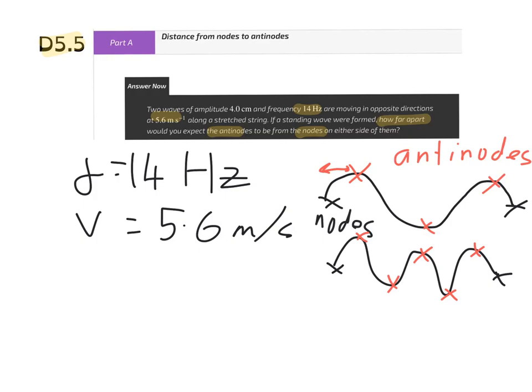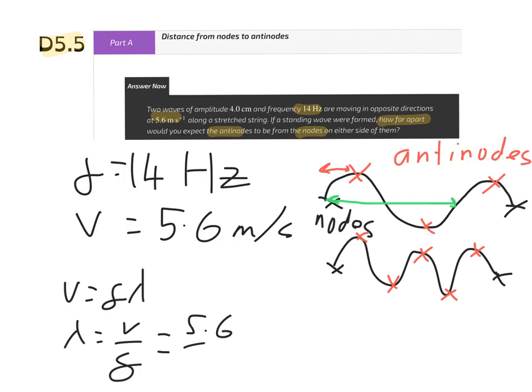To work out the distance between a node and an antinode, I first need to work out the distance of one wavelength, and then I can work out the node to antinode distance. To work out the wavelength, I'm going to use the wave equation, rearrange that for wavelength, and I get v over f. Sub in my values for v and f, and I get 5.6 over 14,